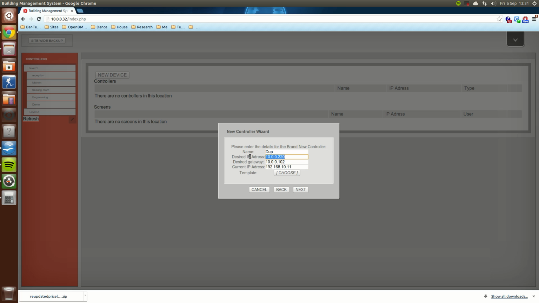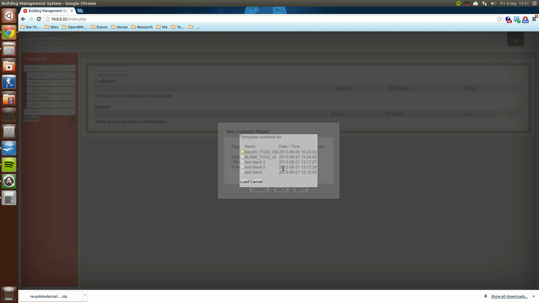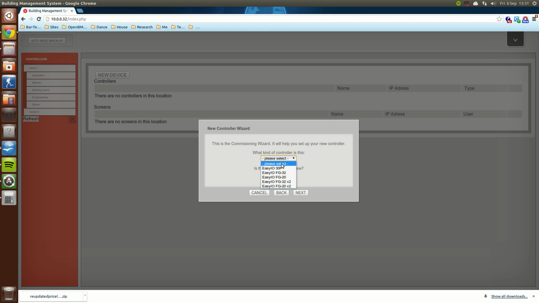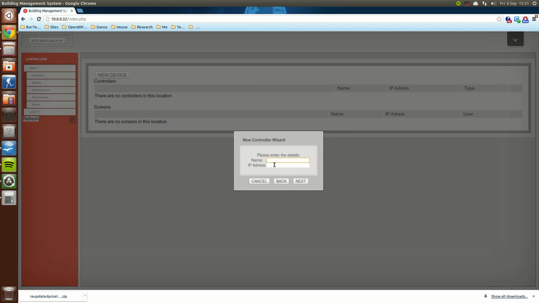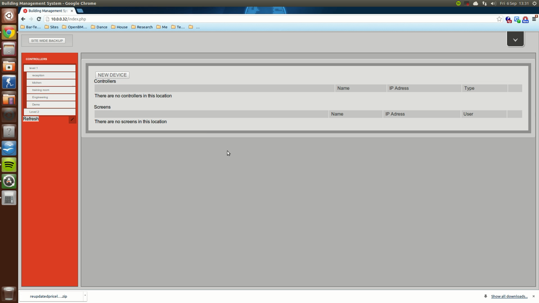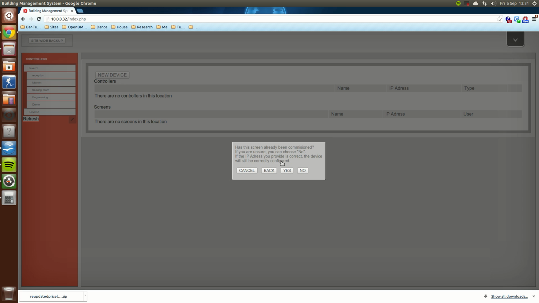So if we just grab that, paste it in there, and then we can go in here and choose to put a template in, and then click next. Actually, this one won't let us do it because we've selected new controller. Sorry about that. So there's our controller sitting in the device, but it is a duplicate, obviously, so I will remove that one. Okay, so now if we go to touchscreen,